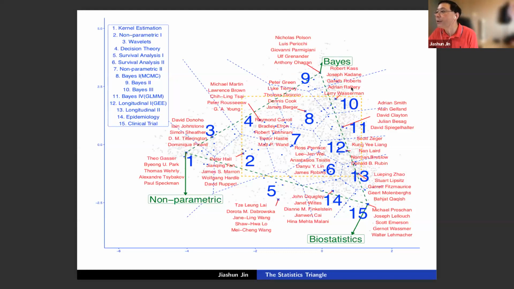And this is Adrian Raftery, from University of Washington, I think. There's Roberts. Move down this row is another Bayesian group. Move down here is actually longitudinal data or generalized estimating equations. For example, you can find Xihong Lin, Norman Breslow here, and Kung-Yee Liang here. Yes, Scott Zeger. So these are well-known figures in generalized estimating equations. Move down here is longitudinal data, and move down here is epidemiology, and move down here is